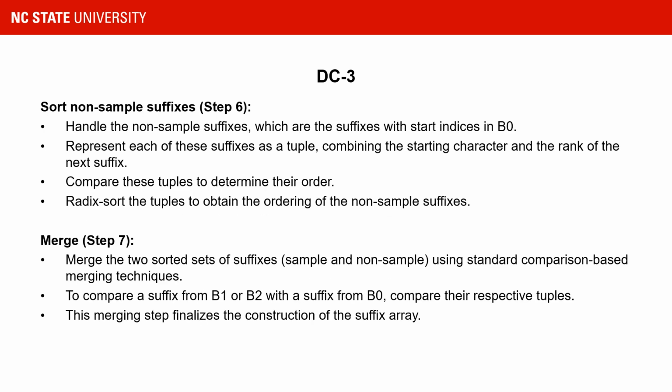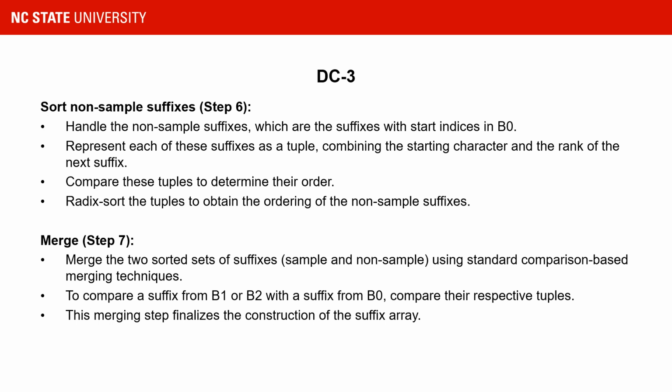So step 6 of the DC-3 algorithm involves sorting the non-sample suffixes. We handle the non-sample suffixes, which are the suffixes with start indices in B0. We represent each of these suffixes as a tuple combining the starting character and the rank of the next suffix. We compare these tuples to determine their order, and then finally we radix sort the tuples to obtain the ordering